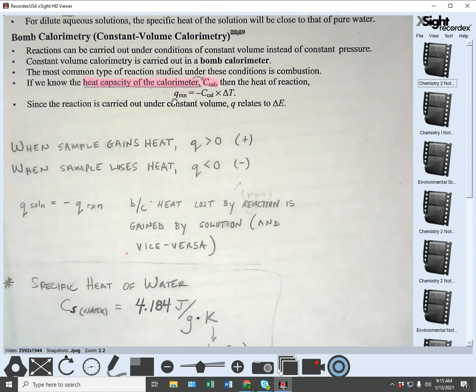sorry. Hold on, I don't have it marked here. I probably should have this marked. So